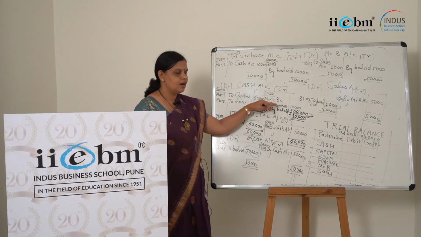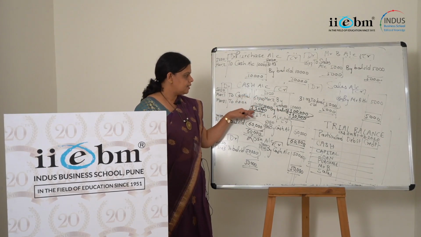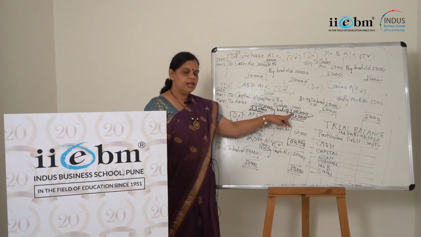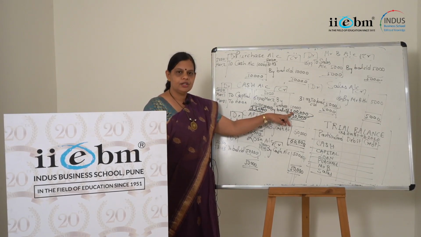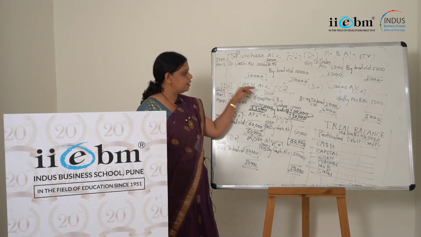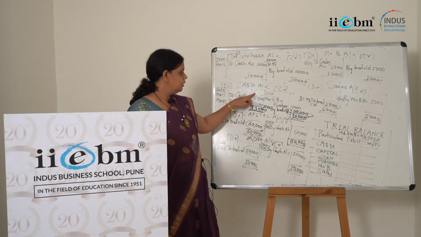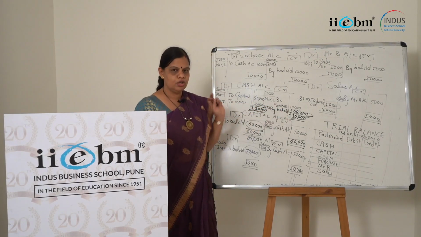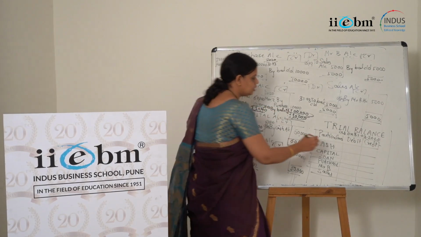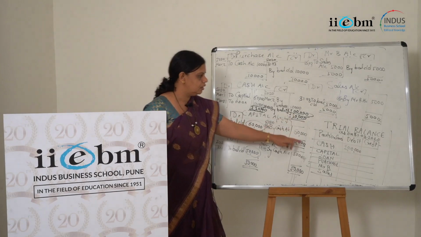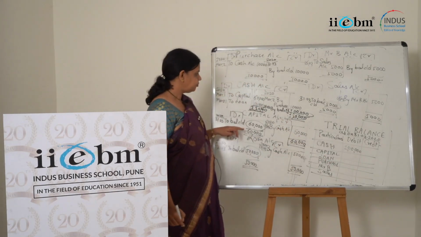Now after closing this account, what do you understand? Cash is coming into the business to the extent of 1,10,000 and you are spending cash to the extent of 10,000. So the net effect can be seen in the balancing figure. So cash is appearing as rupees 1 lakh at the end of the year. Now this particular balance on account of cash I'll call it as a debit balance. Why? Because your debit side total is more than your credit side total. So I'll put this balancing figure in the debit column, that is 1 lakh.